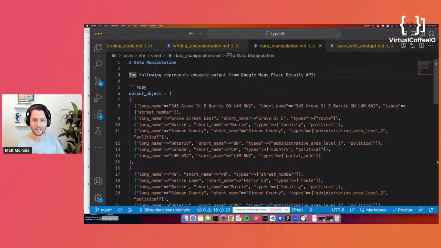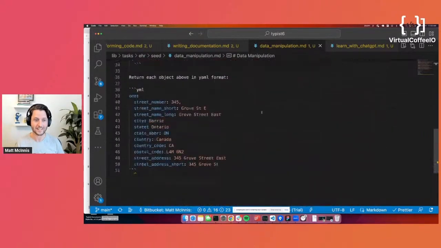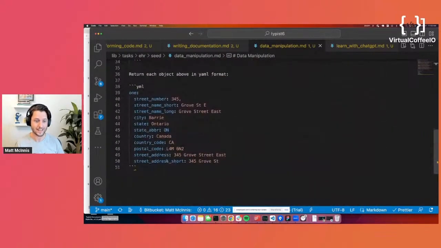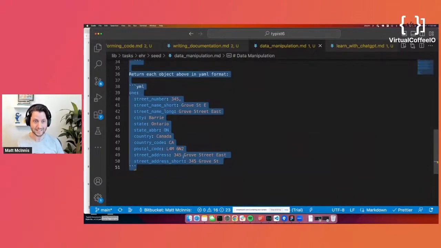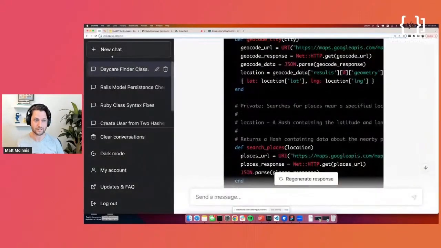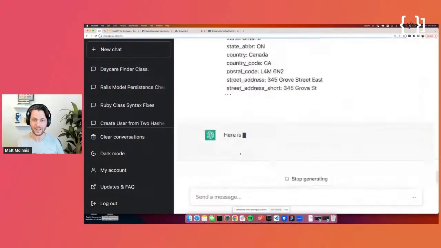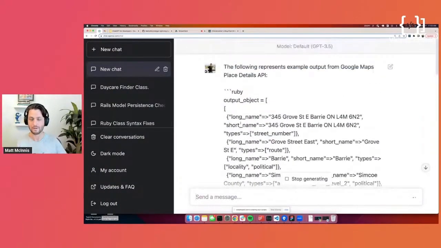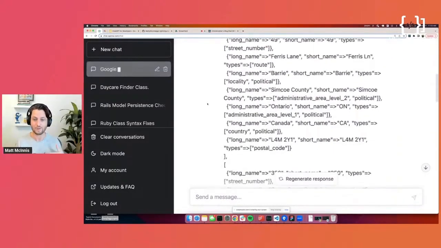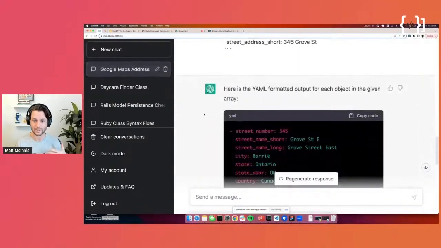So I'm going to say this represents output from the Google Maps API, and I'm going to ask it to reformat all these objects in YAML. That's going to be my ask of ChatGPT here. And let's do it. I'm going to say, reformat these in YAML. Now by giving that context, remember we talked about the types of elements in that prompt, I give it the context that this is output from the Google Maps API. It is aware of the documentation of that API. So when it goes and reformats this YAML file, let's see how it does.